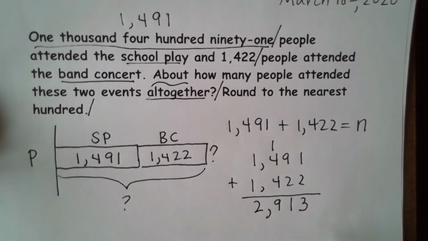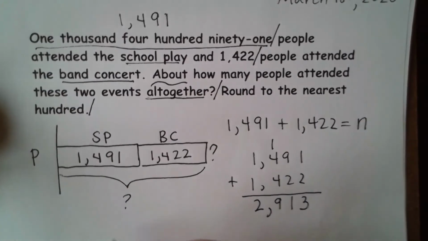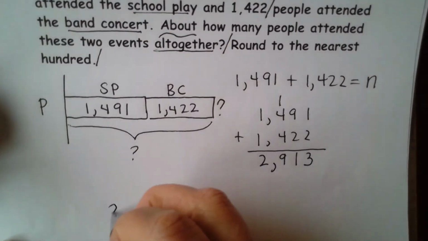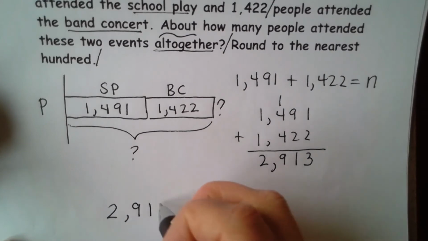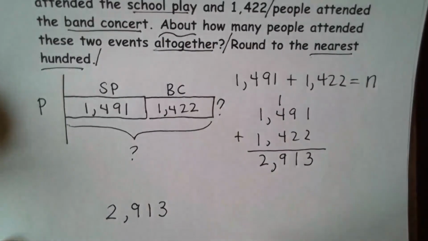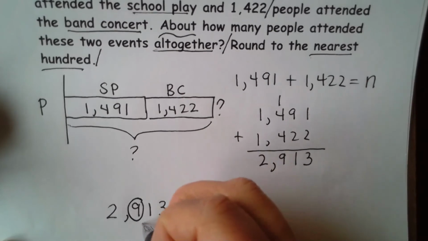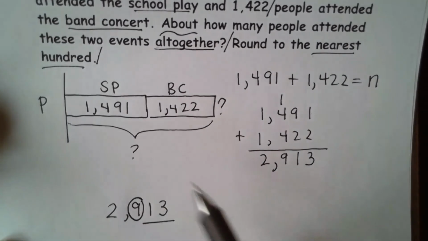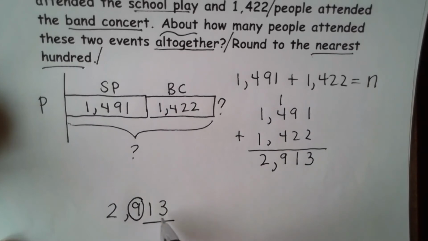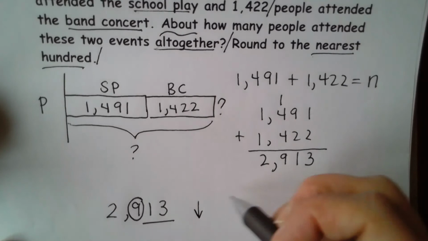But this is asking for about, which means that we round. Okay, so what I'm going to do is I'm going to rewrite my number right here, 2,913. And then it says round to the nearest 100. So what I'm going to do when I round to the nearest 100, I circle the place I'm rounding and I underline to the right. Okay, if I've got 2,913, the 13 is telling me that this is closer to 2,900 than it is to 3,000. So that means I'm rounding down to